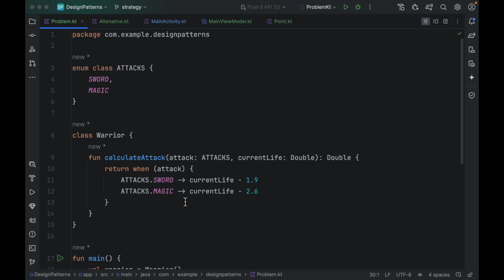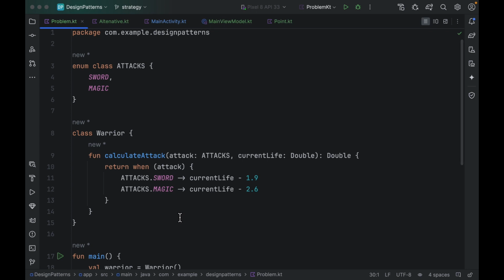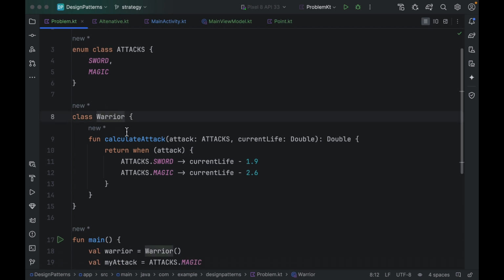For example, to make this explanation more realistic, let's consider a game where we need to determine the amount of damage depending on the type of attack. I have a class here, and we have two types of attack, sword and magic. When the warrior, inside this class Warrior, tries to attack,